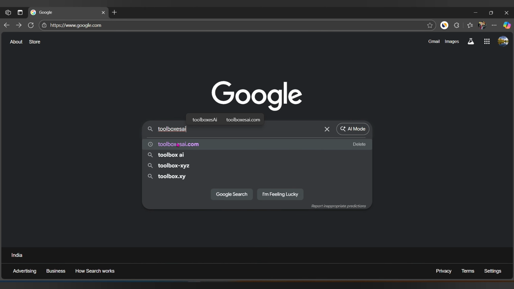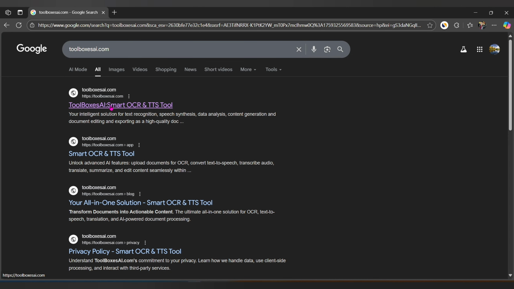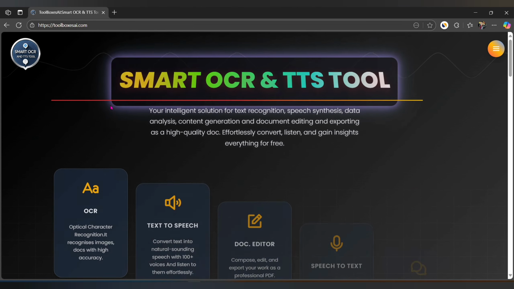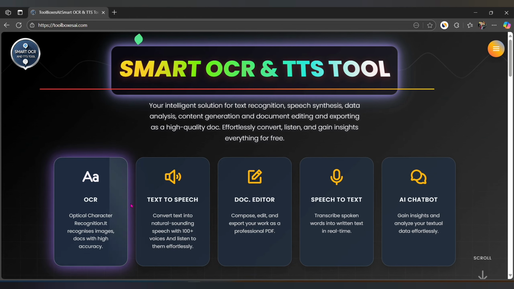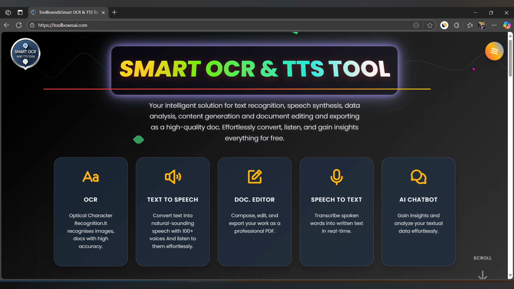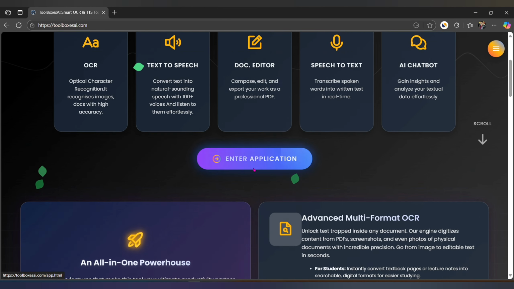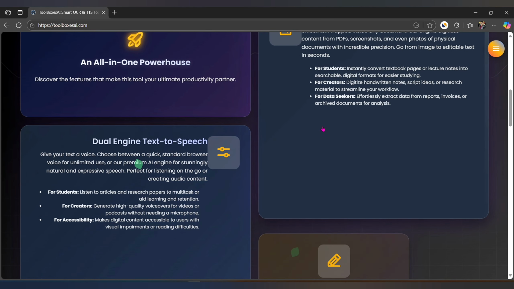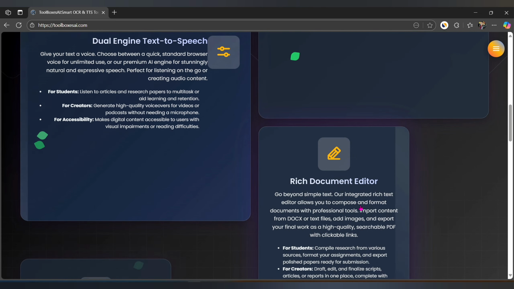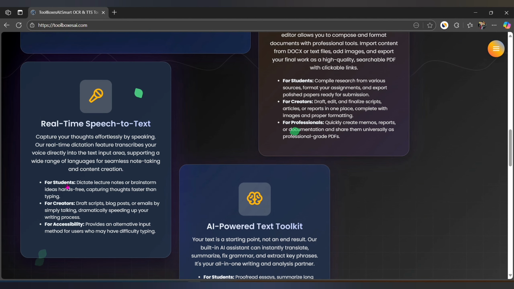So family, what do you think? Was that voice generated by a human being? But it is actually not. It was the voice generated by the TTS tool featured by the Smart OCR and TTS tool, whose website link is toolboxesai.com. So here is its welcome page, which looks like a modern web page,